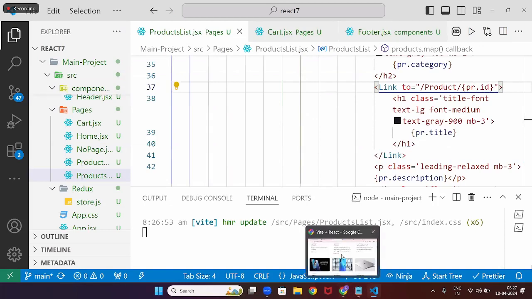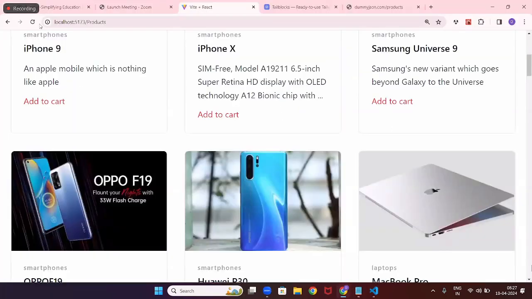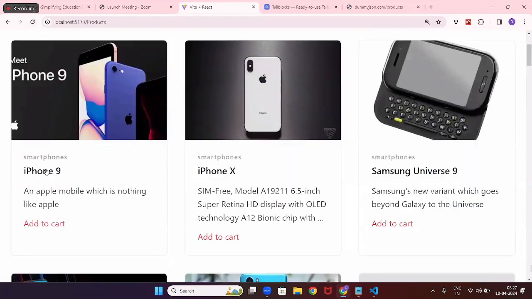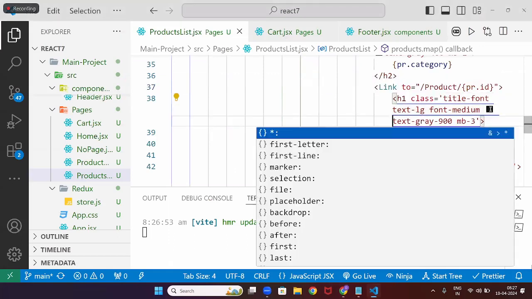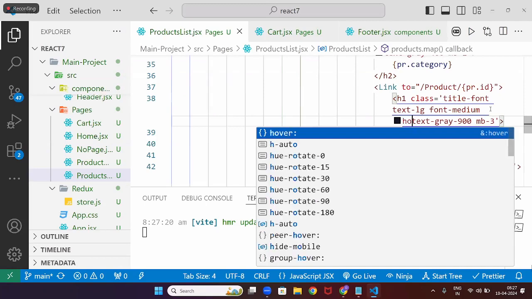Now go here, sir. Now, you see iPhone 7, iPhone 9 is inside an anchor tag. Okay, so how do people know it's an anchor tag? They don't know, na? So I should write hover logic also. One of the main advantages of Tailwind is that it can handle pseudo classes like hovering and all. In Bootstrap it's not possible, right? If you want to write hover logic in Bootstrap, you have to write normal CSS. But this one has that logic. If I write hover